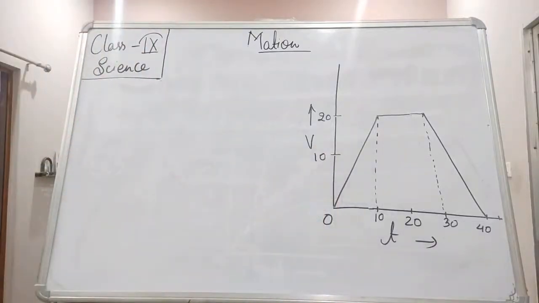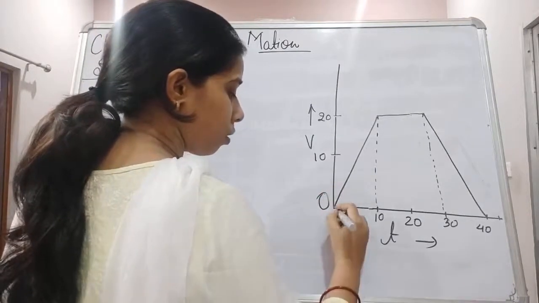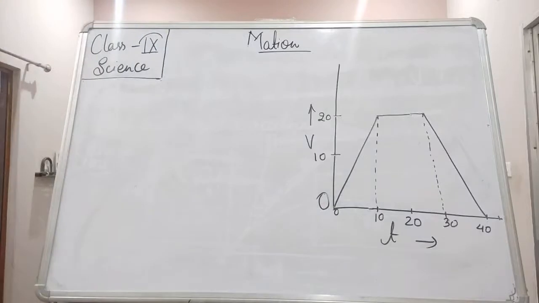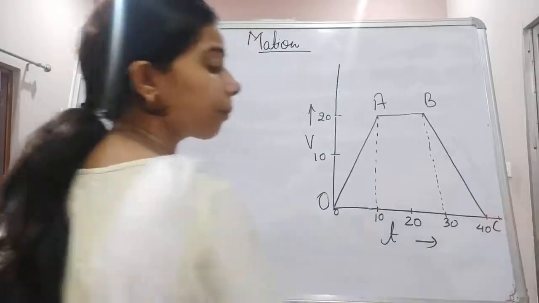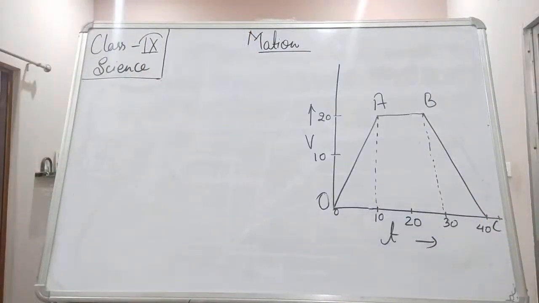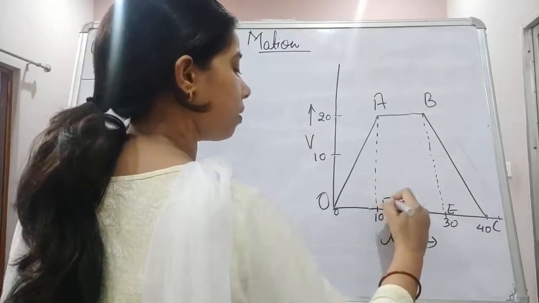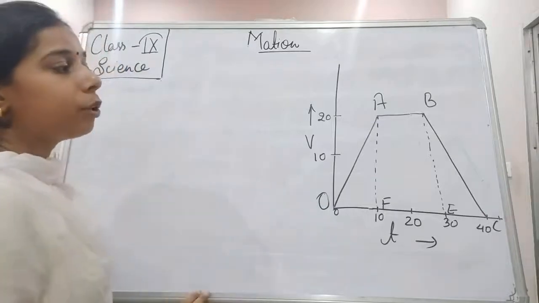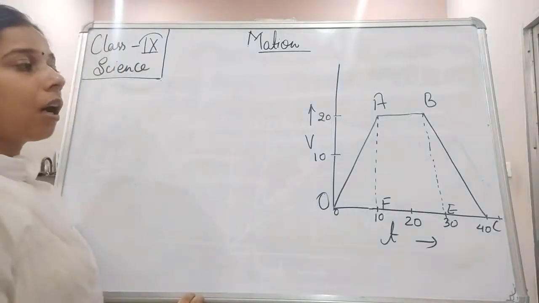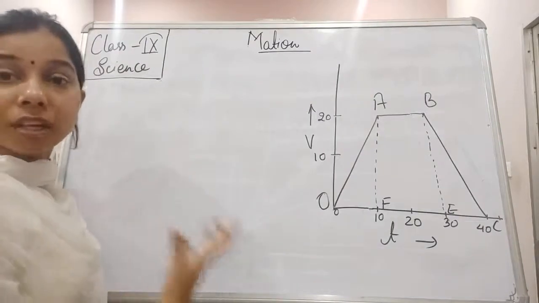Okay, now let me give names to it. So here, this is 0 and it is O. This is 0, students. This is O. Then A, B, C. Then this is E and this one is F. Okay. Now this is a kind of velocity time graph, students, in which an object has traveled in such a way. Now there are some questions that can be asked related to this graph.